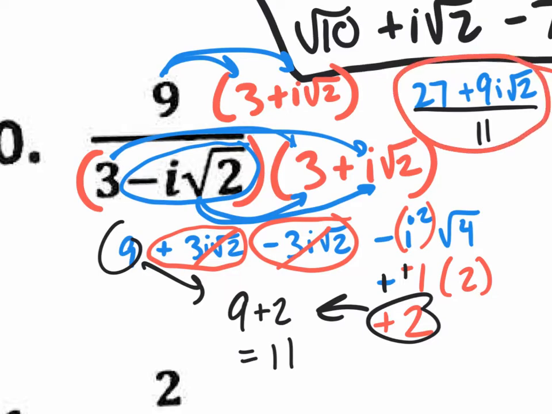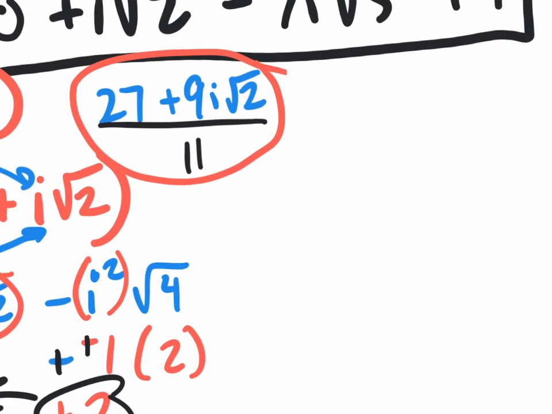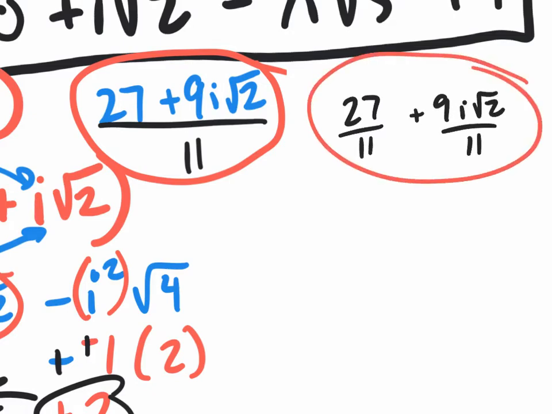However, if you do not see that on your multiple choice on the final exam, they may have split the denominator of 11 to each term. Okay, so they may have done 27 over 11 plus 9i square root of 2 over 11. I'm not sure which way, but you need to know that if you don't find this answer, maybe they split that, right? Another way they could have written it, which I doubt, but they could have written it as 27 over 11 plus